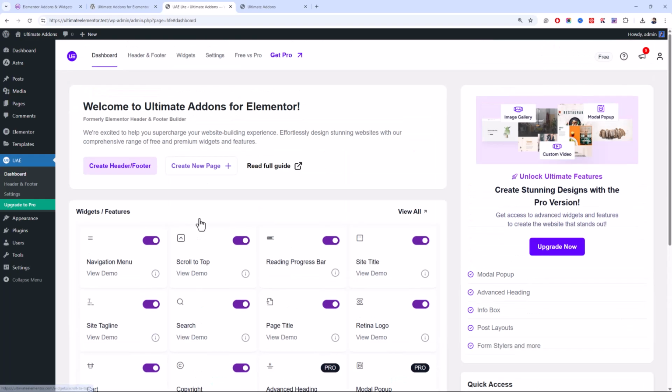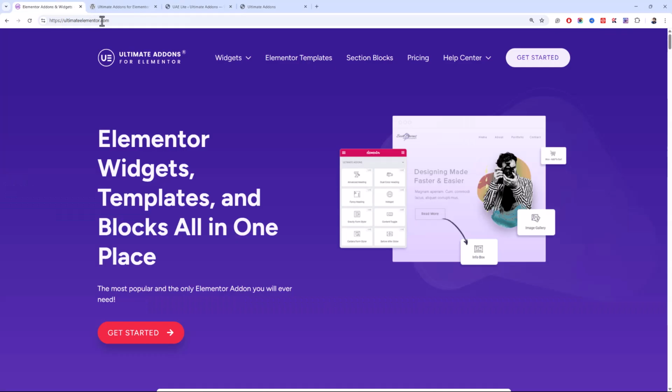But the real power is unlocked after upgrading to the pro version. So let's check out their official website to learn more about the pro version and the features it offers in the premium version.